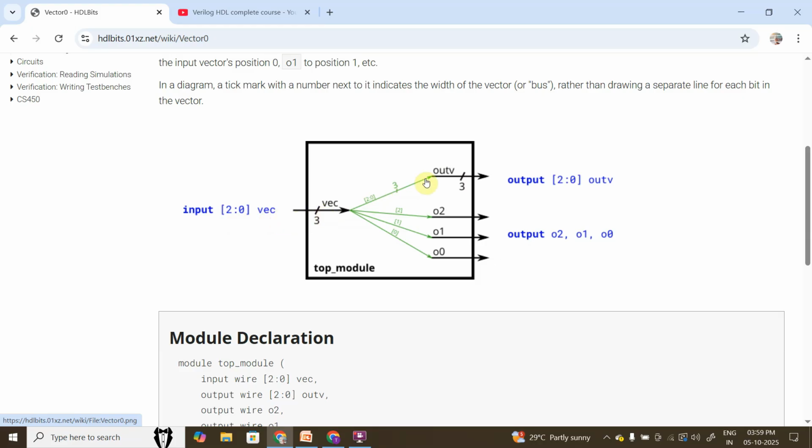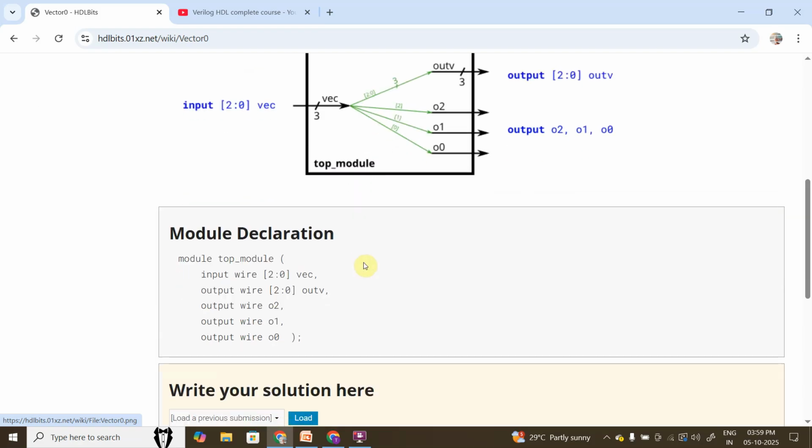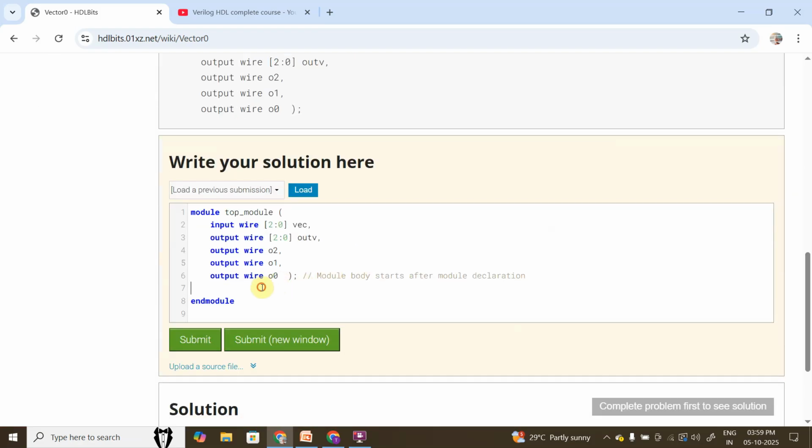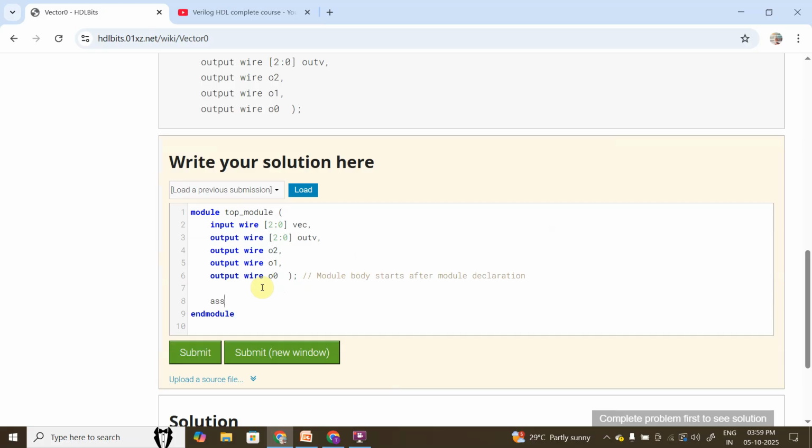Now in this particular case, what they have asked us is to use a vector. Here the 3 bits should be connected to out V. The input 3 bits are directly connected to the output, and O2 is connected to the MSB bit of this VEC, and O1 is connected to the index 1 bit of VEC, and O0 is connected to the VEC LSB. Okay, that we need to do. So how to do that? We can write it simply, assign